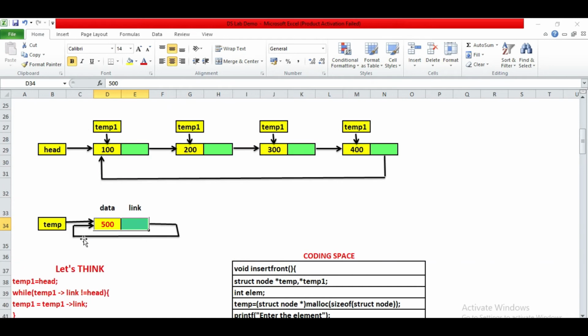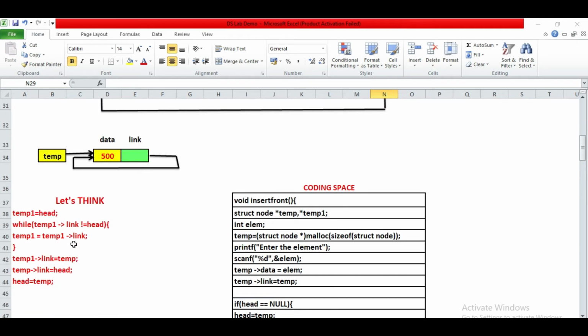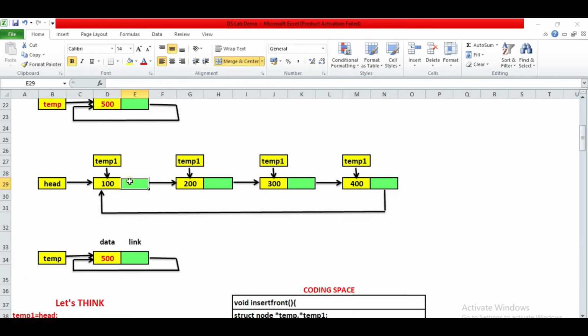So what do we have to write? Temp will point to the new location, so temp1 equal to head. Then you move temp1 to point to the last node. How will you know a node is the last node? When the link of this node has the address of the head, that means this is the last node. So we use a loop: while temp1's link is not equal to head.